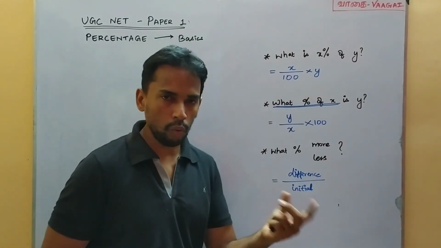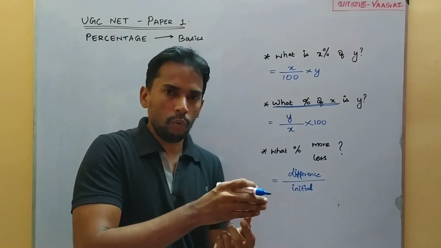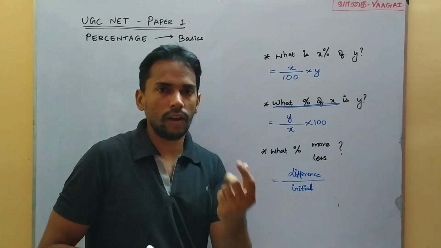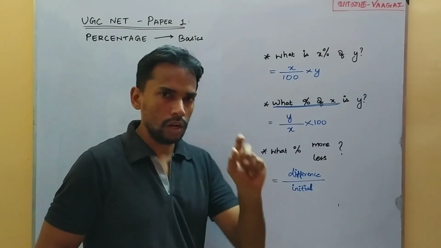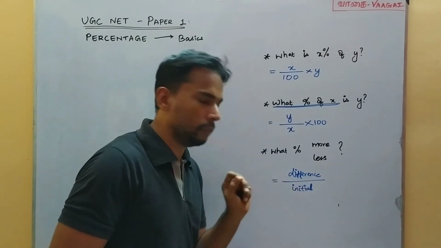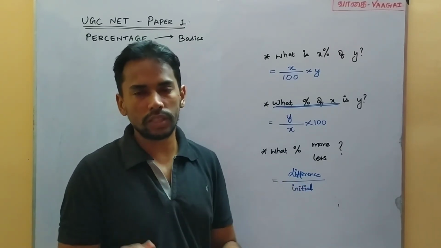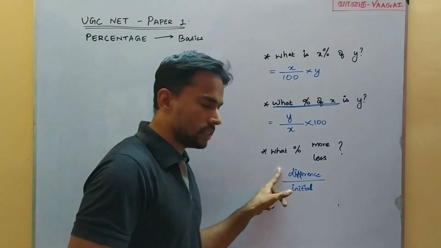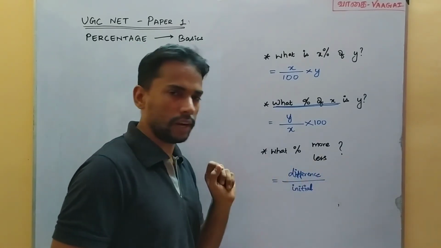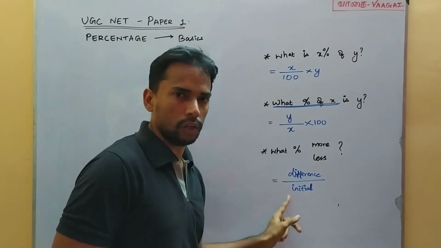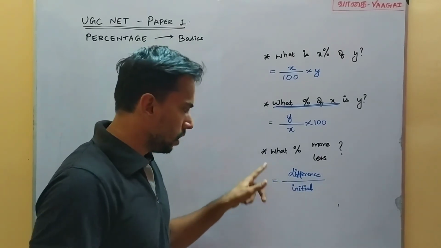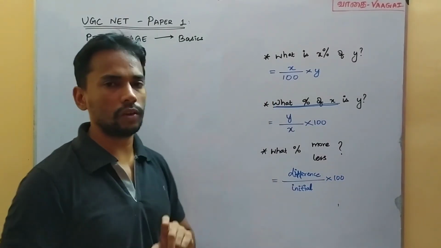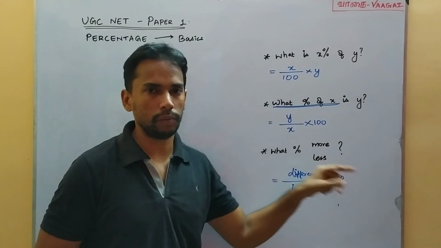That is, out of the two values, we will start from one of those and we will end with the other one. So from where we start, that value is what we call the initial value. That initial value comes in the denominator. As I told, when we have questions with numbers, we can see that in detail. So as of now, take this as the difference between the two values, that is the numerator, and the initial, original one that comes in the denominator. Now this fraction is to be multiplied with 100, and this will give you the answer for what percent more or what percent less.